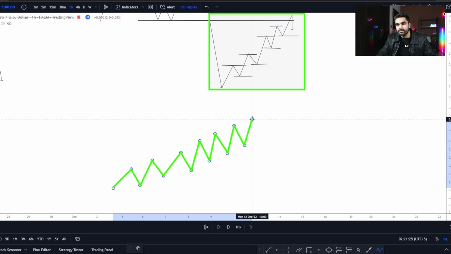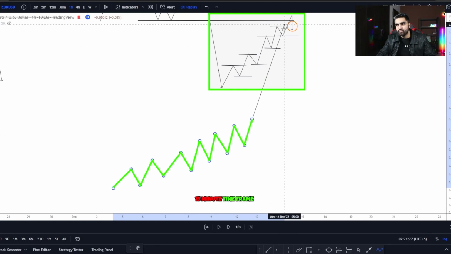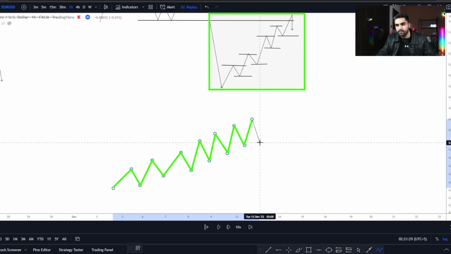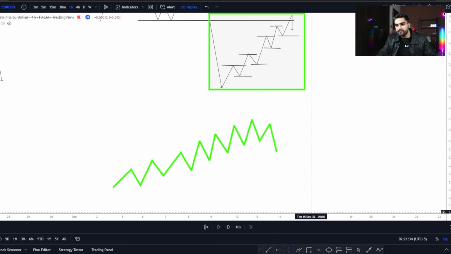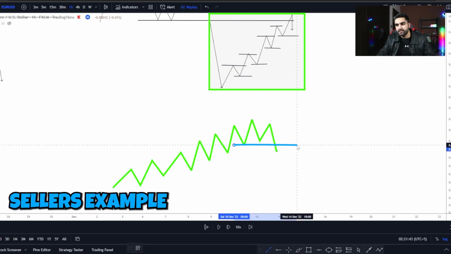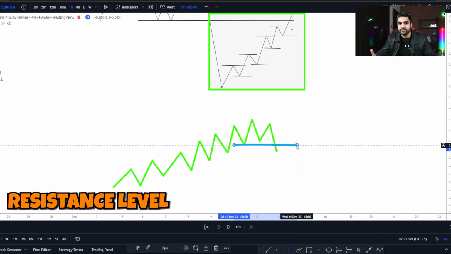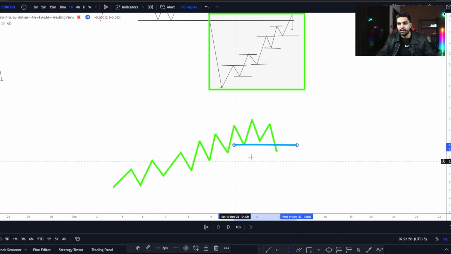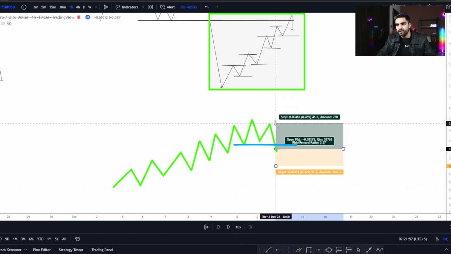And when you see the first rejection on the 15-minute time frame right here, wait for the market to break the previous market structure area, which is going to be a support level in the seller's example, and a resistance level in the buyer's example. Just wait for the market to break that support level, take the trade,